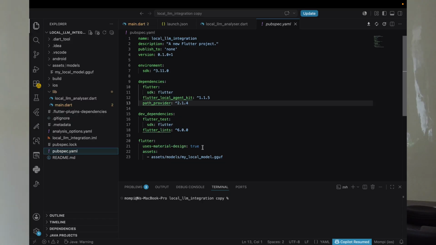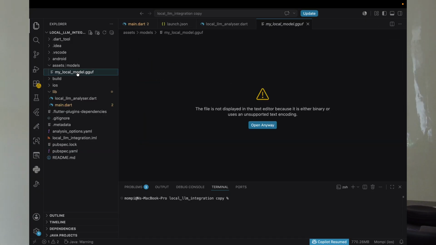Now let's quickly jump into the project and see how we are going to integrate this LLM. The first thing is we are going to integrate the package called Flutter Local Agent Kit, which I've mentioned earlier. Right now I'm using version 1.1.5. And once you have selected the model that you want to install from Hugging Face, you copy that and add it in your assets folder. I have added it under